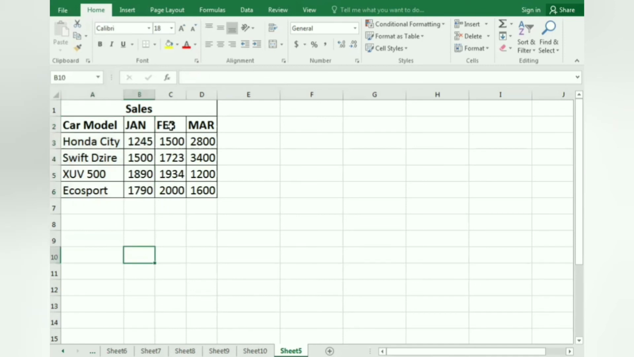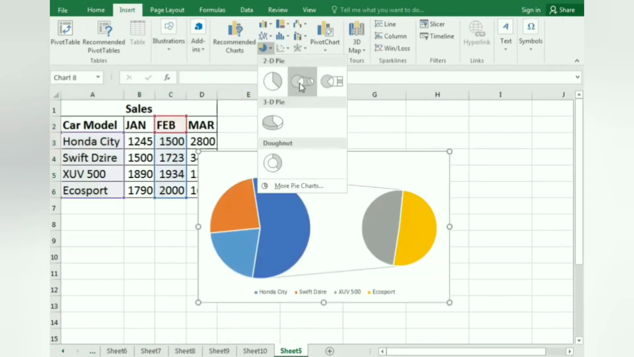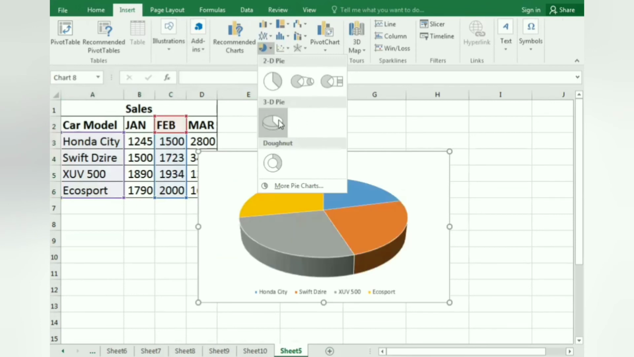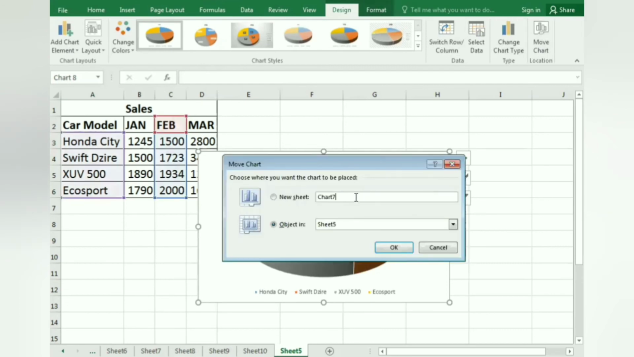But if you want to select February data but not the January data, then select the car models, Control key and select the February. So this is your data series. Again, go to the insert menu, and here is the pie chart option, 2D pie, then 3D pie chart. Let's move this chart into another worksheet. So move chart option,